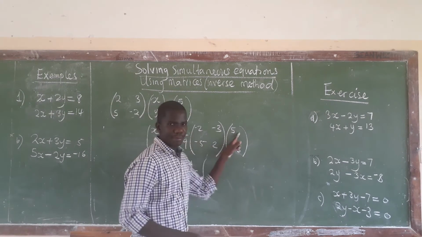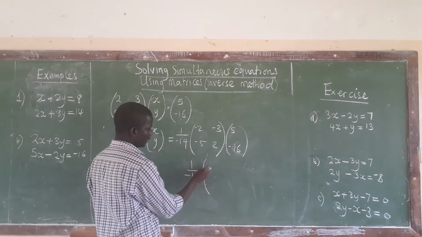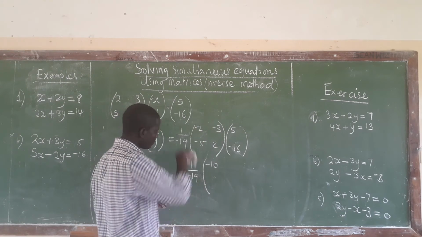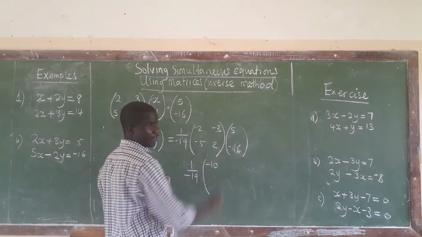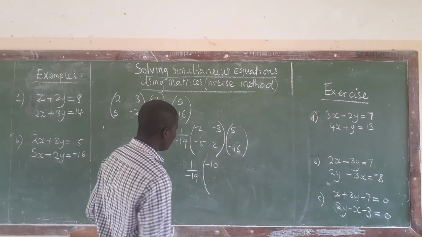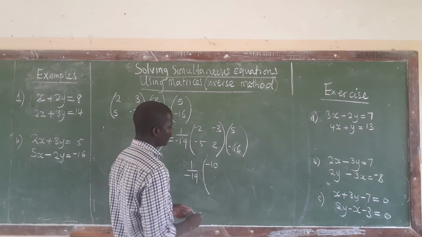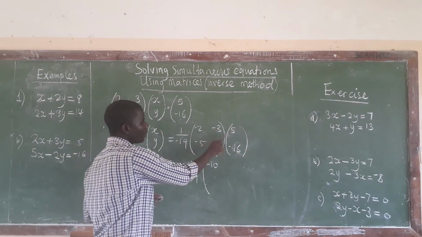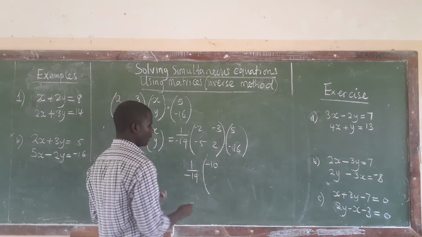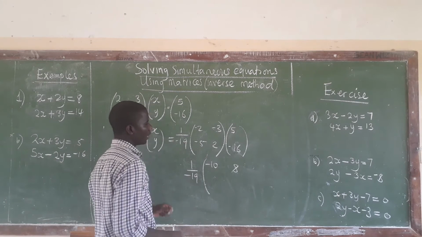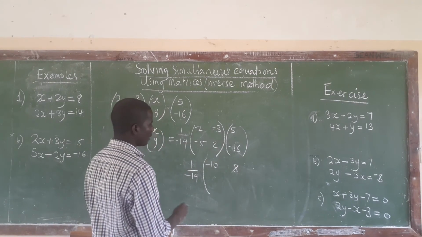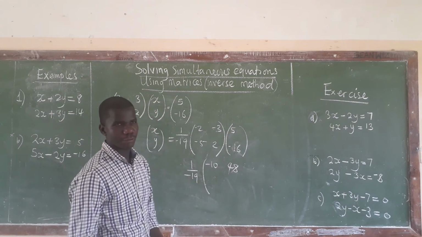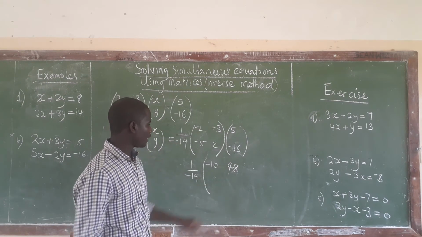Negative 2 multiplied by 5. What do we get? We get negative 10. Then, when you multiply 3 by 16, this is a negative and this is a negative. What are we getting? 3 multiplied by 6, we get 18. And 3 multiplied by this one, it will be 1. Then plus that one, we get 3. Then plus that one, we get 4. The minus and the minus, we get a positive.